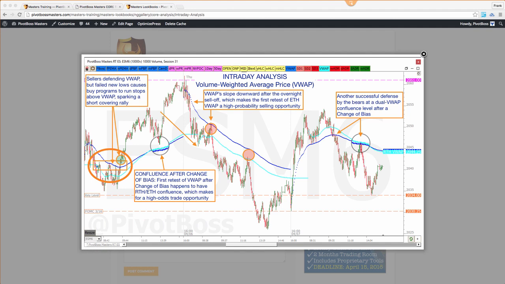And so from this perspective here, you can see in this little box, there's a rotation here, a rotation here, a rotation here. And those are all sellers that are selling VWAP. Right? VWAP was sloping downward, and those sellers were defending, and they were putting their buy stops here. And so on these rotations, this is what we just talked about. Look at that rotation. It comes down here, and there's a failed new low. So then price comes up here, and then it comes down, another failed new low, right? And then boom, price goes through here and runs the stops to the upside.